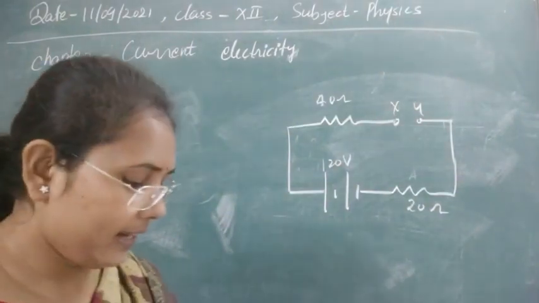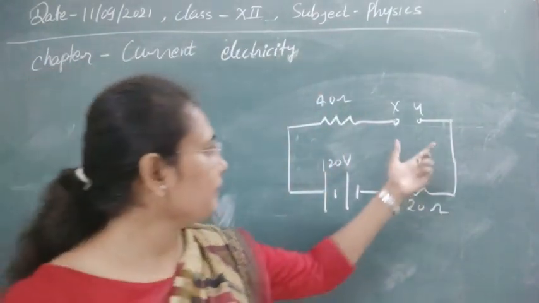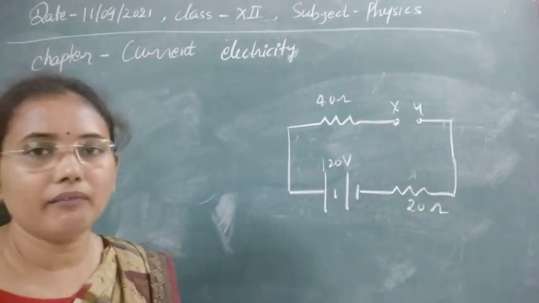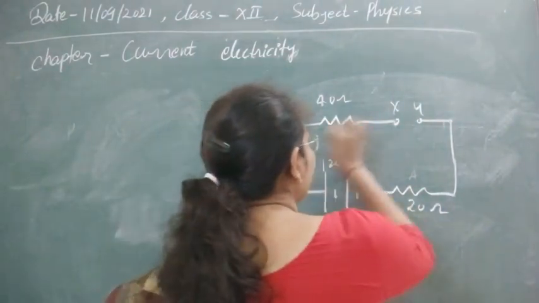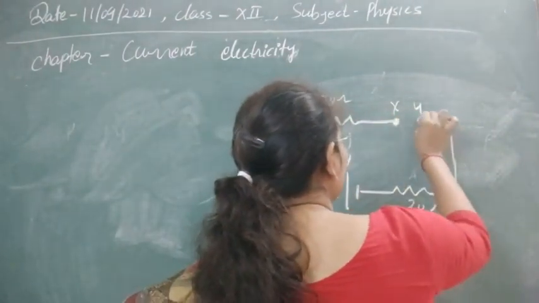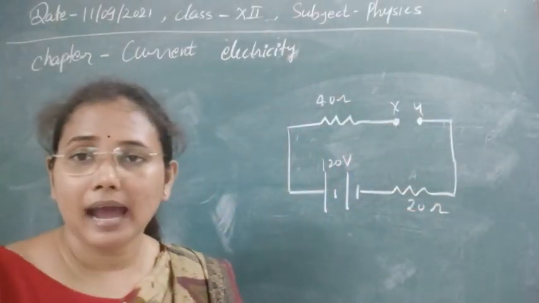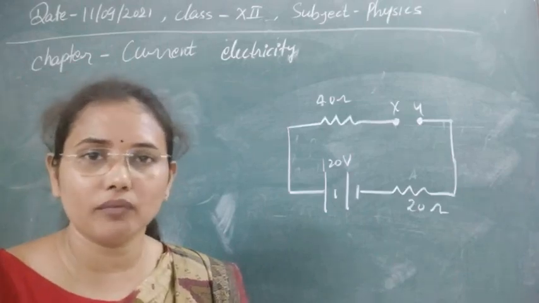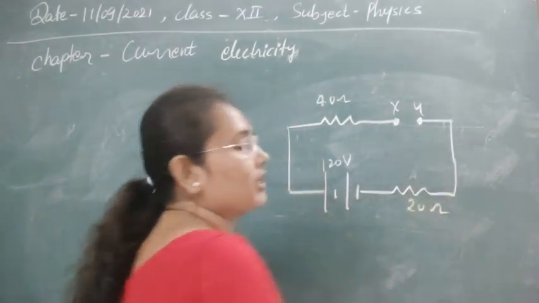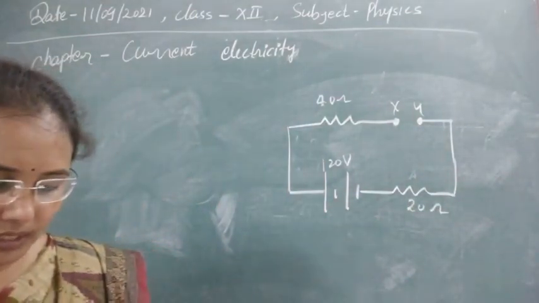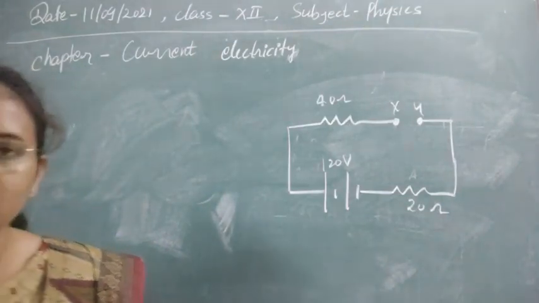So at points X and Y, you can see the circuit is open. If the circuit is open, then no current will flow through it, and if no current flows, then this 120 volt will be applied here and 120 volt will be applied at this point also. So the potential difference between X and Y will not change as the circuit is not completed and current is not flowing. But the potential difference between these two wires will be equal to 120 volt. So the potential difference is 120 volt. I think such kind of questions are clear to you.